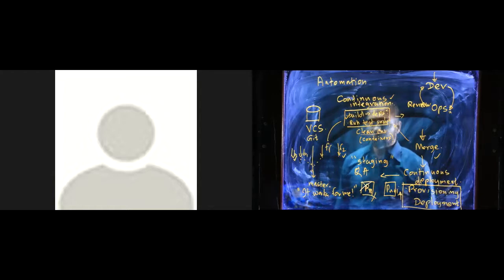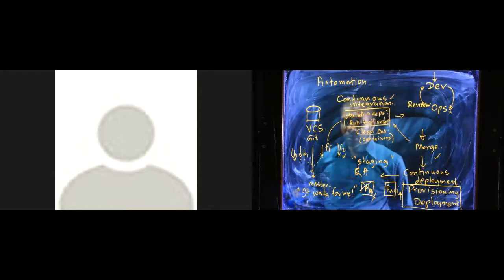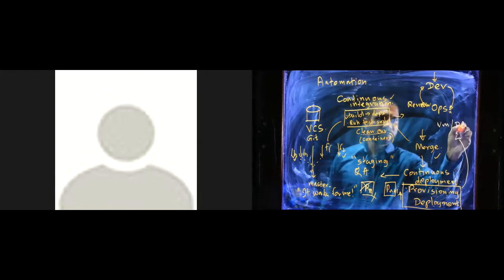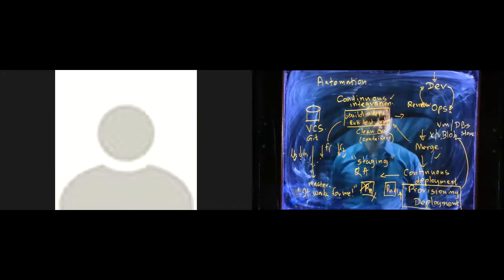So what do we want to do instead? We want to provision some new resources. What kinds of resources are we talking about provisioning? We may provision virtual machines, databases, and what else? Other kinds of storage, so-called blob storage, blob or key value storage, and so on. These kinds of resources for putting the new system into staging or production.